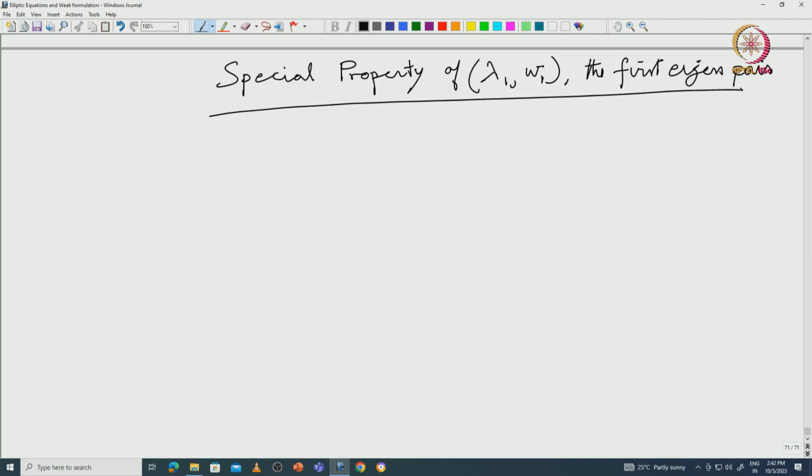Okay. So, I will start with a theorem, and then I will leave one exercise which you should work out, trivial, easy. So, it is not difficult. What is my theorem? Let me write it. Let W, a non-zero vector in H1 naught of omega, satisfy